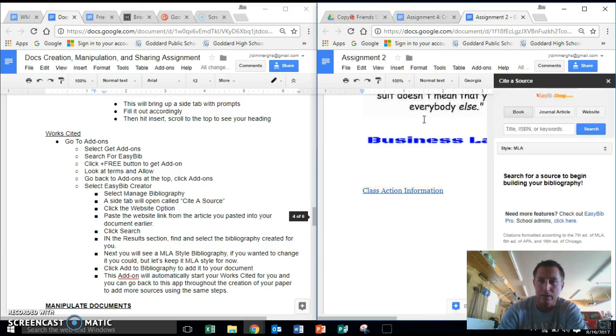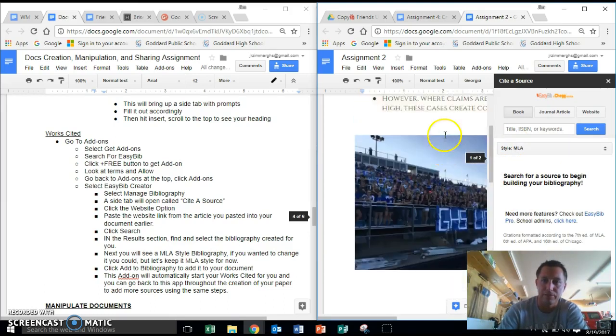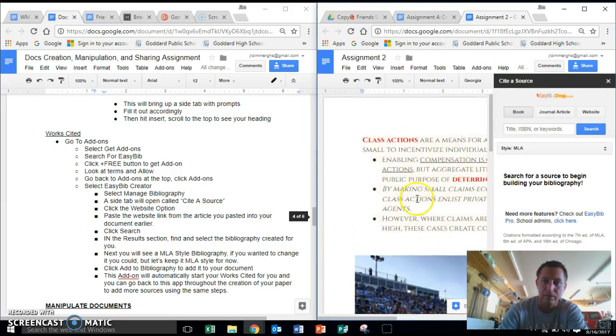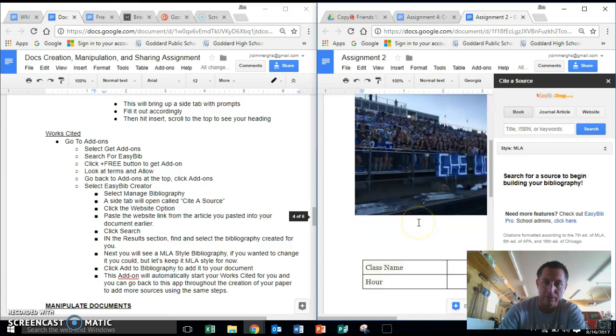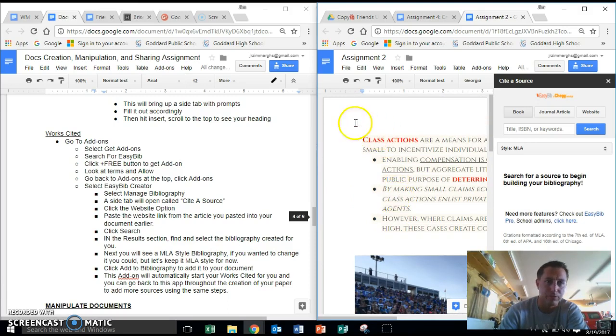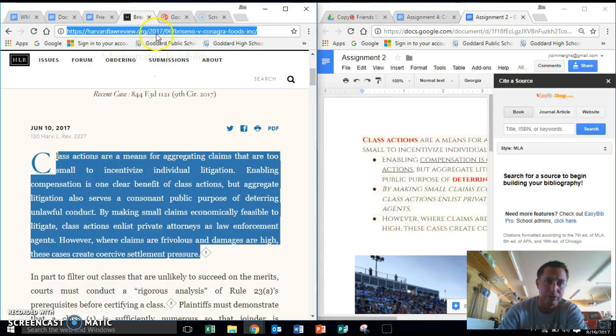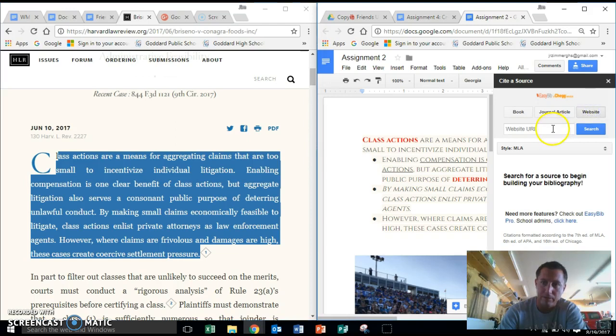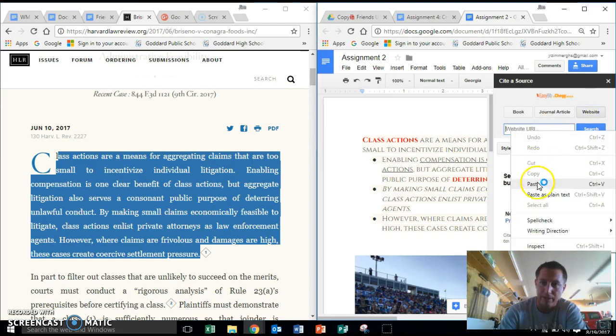And what I'd like you to do is that image and information that you texted or you copy and pasted up here, like I copy and pasted this information and I pasted that image down here. Either one or both, your choice, but I'm going to cite the information just to practice. I'm going to cite the information for this that I put in my document. So to do that, I'm going to copy the link of that where I found that information, and then it's a website. So I'm going to come over here to the website and I'm going to paste that website in,